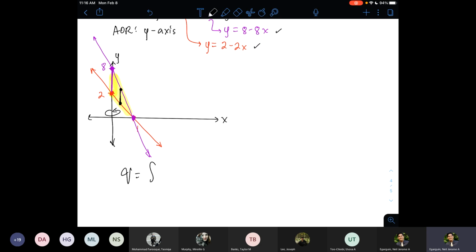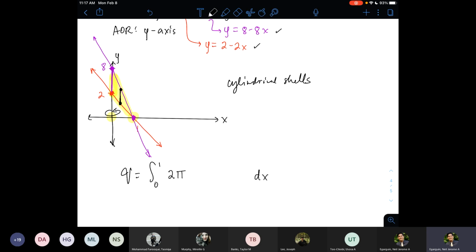Again, vertical strips require the variable x, and then the bounds for x here would be from 0 until 1, because you notice that the region started when x is 0 and ended when x is equal to 1. And then what type of cross sections do we have? Our vertical strips are parallel to the axis of revolution. So again, this is cylindrical shells. And cylindrical shells calls for 2 pi radius times height in the integrand.